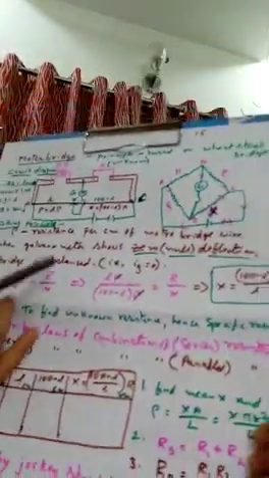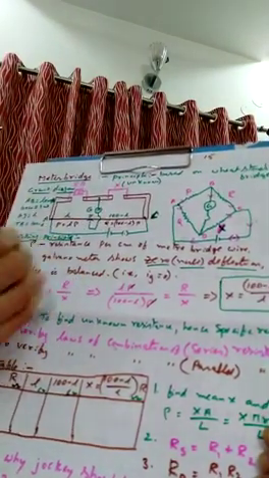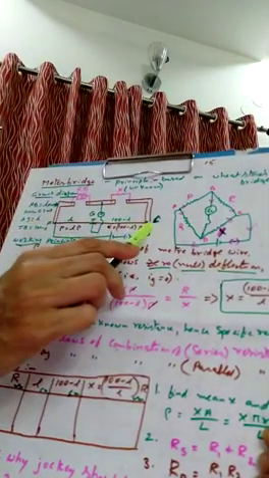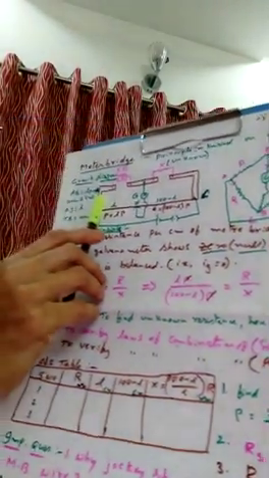The construction part: on a wooden frame there is a metallic wire, an alloy wire made up of constantan or manganese, 1 meter long fixed. And there are metallic strips on the wooden board. Here, see, these are the metallic strips, and the connecting points are like this. Here 1 point, here 1 point, and here also a point will be there. You can connect here.